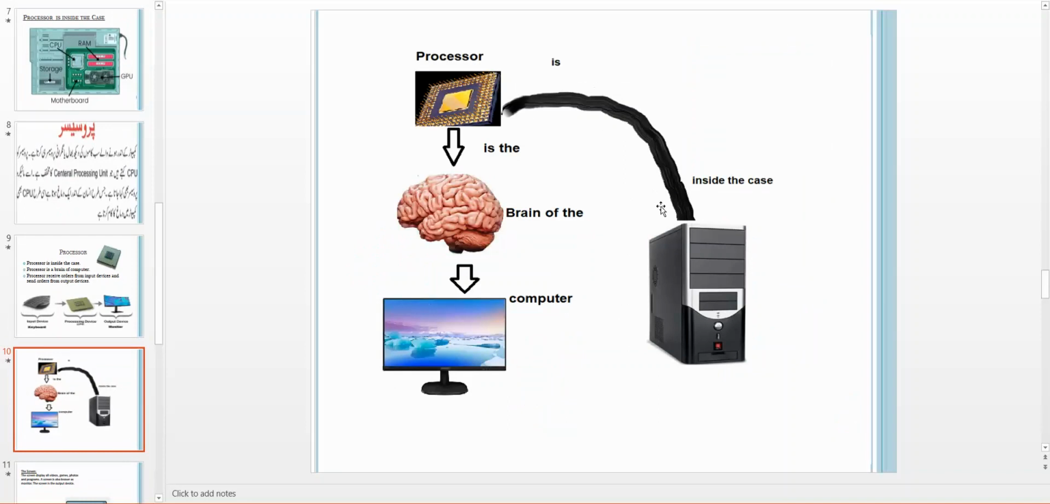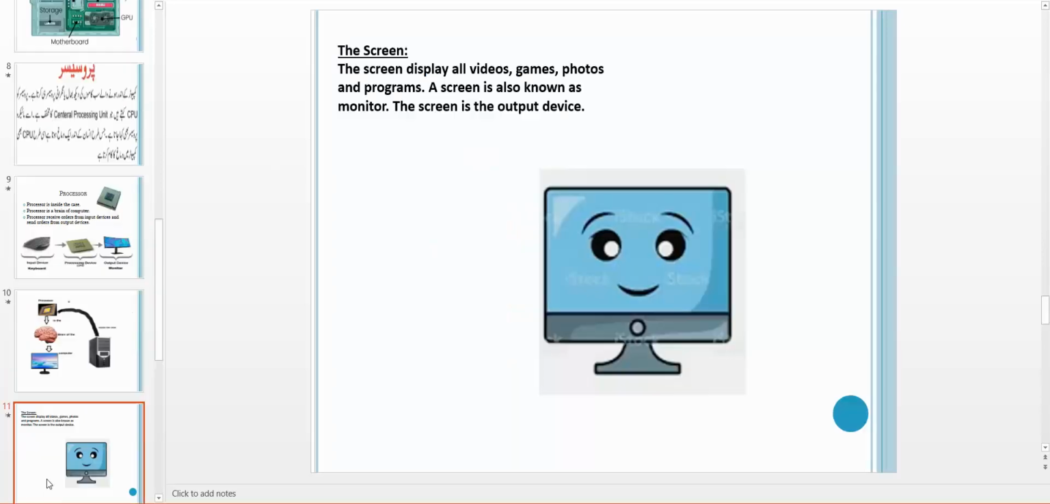Processor inside the case. Processor is the brain of कंप्यूटर। प्रोसेसर जो है वो कंप्यूटर का ब्रेन है। प्रोसेसर ये केस के अंदर होता है। प्रोसेसर जो है वो ऑर्डर को रिसीव करता है इनपुट डिवाइस से और सेंड करता है ऑर्डर आउटपुट डिवाइस से। नाउ नेक्स्ट,